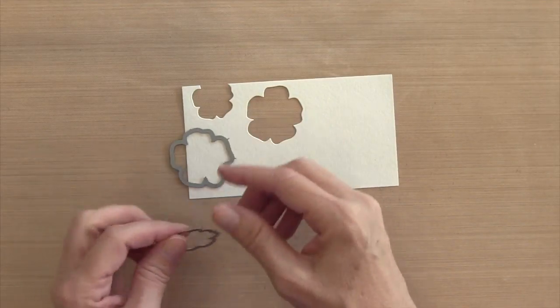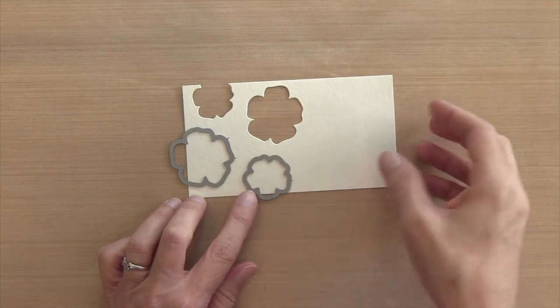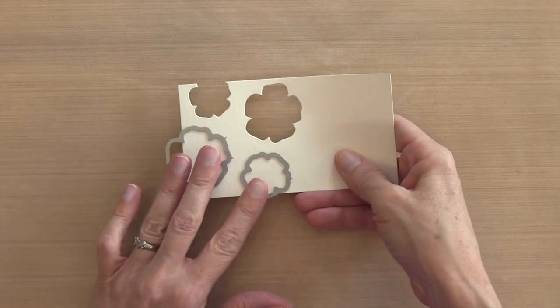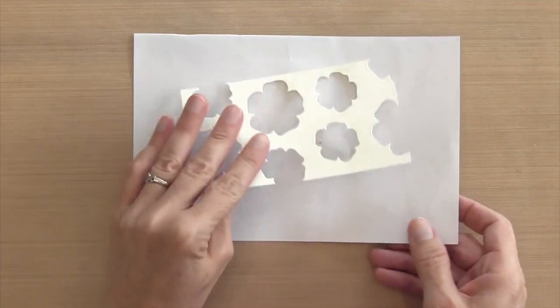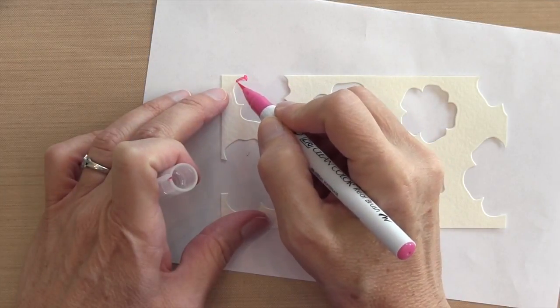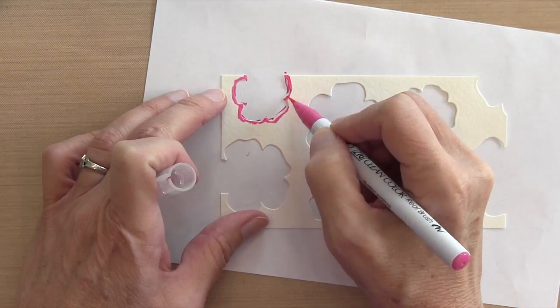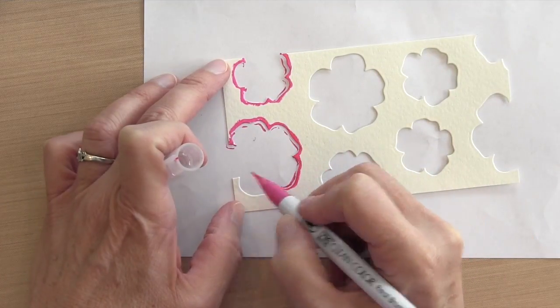I'm using both the small and the large dies, and I'm running them through my Big Shot multiple times on a piece of Strathmore watercolor paper that is 90 pounds, and it's 3 inches high by 5.5 inches wide. I'm using my Zig Clean Color Real Brush pens. These are watercolor markers and they have a brush tip, so it's almost like a paintbrush feel to the tip